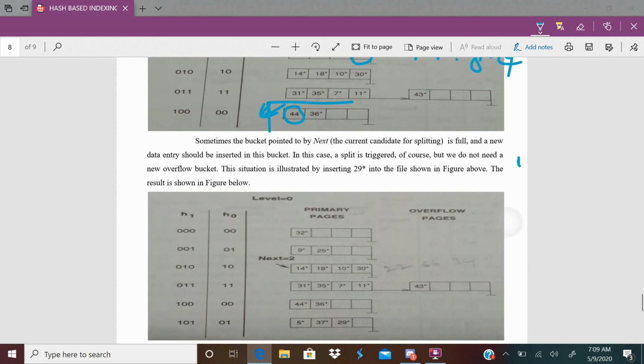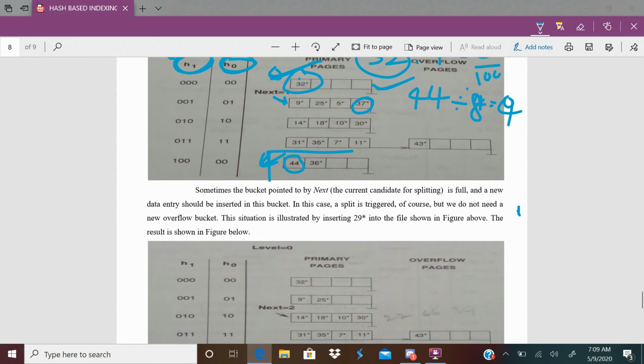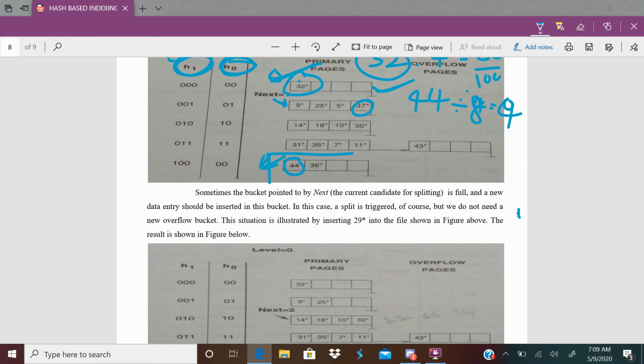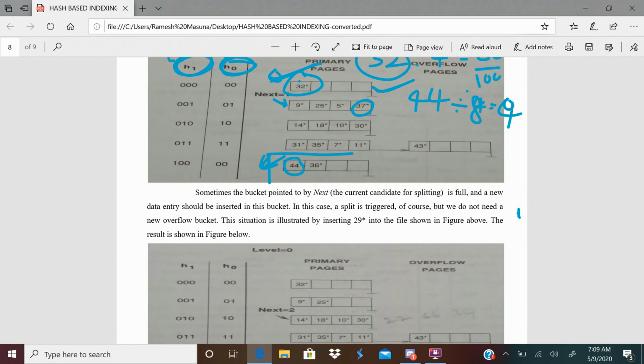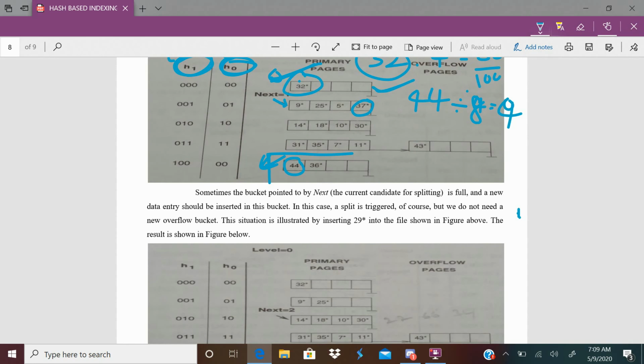If I want to insert 29, where is 29 to be inserted? First it uses 29 modulus 4, which is 1.